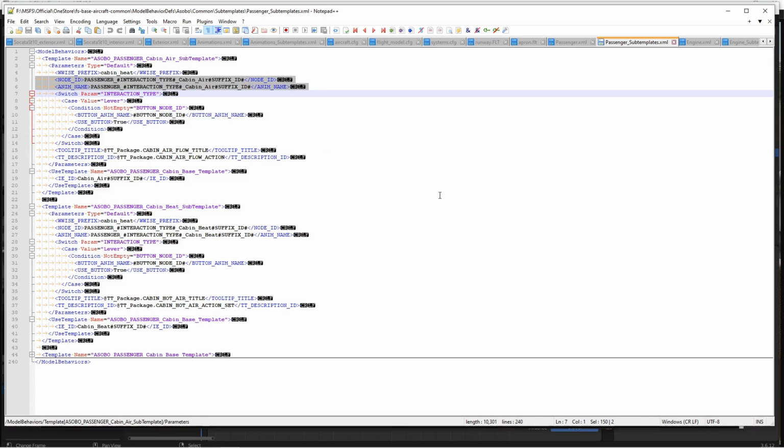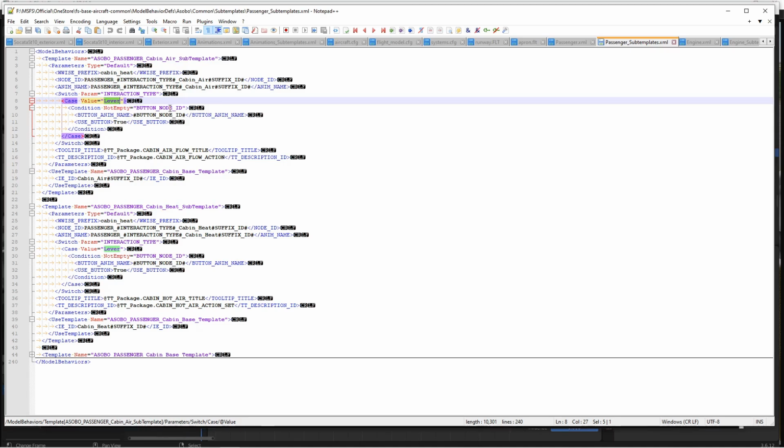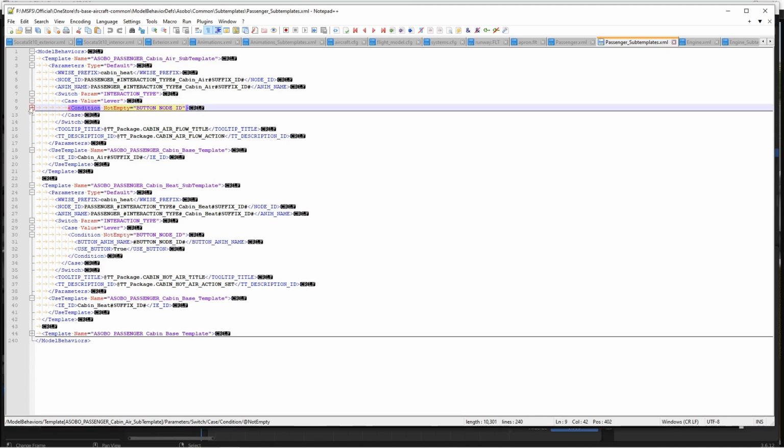These are a bit different than the switches, as they have an interaction type of lever. We don't have a button, so we can get rid of that. The tooltips are standard tooltips. We then use the